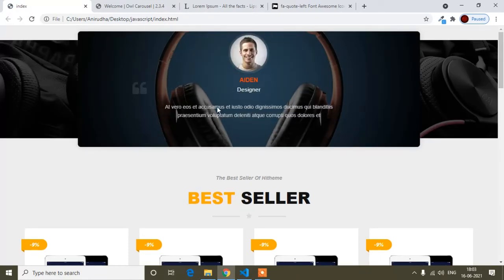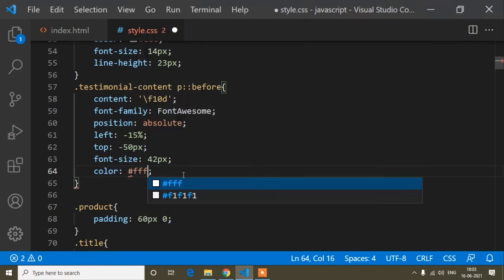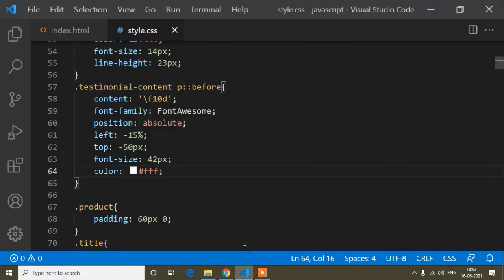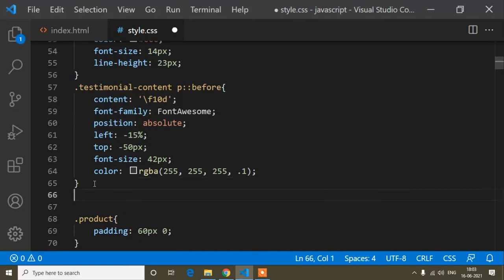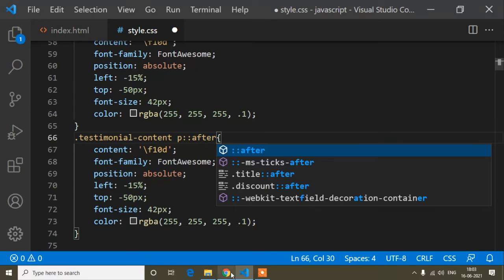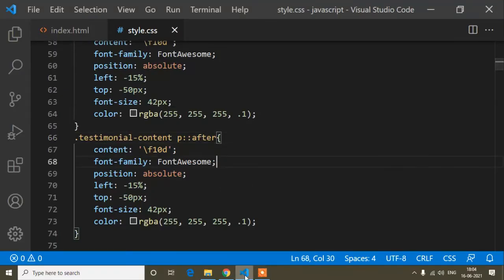So you can see the icon is added. If it's not visible for you, I can change the color, then it will be more visible to you. If I write the icon color is white, you can see it more visible. You can see here the icon is added like here, but I will make it gray color, so that's why I have added this color. And the same way I will just copy this thing, and instead of before, now I will write after tag, because here I have added the before, and the end of this paragraph, that is after of this paragraph. So here I will write the icon also.